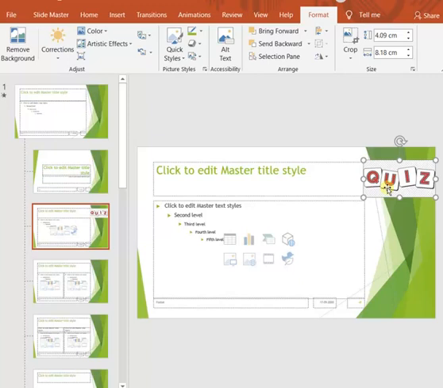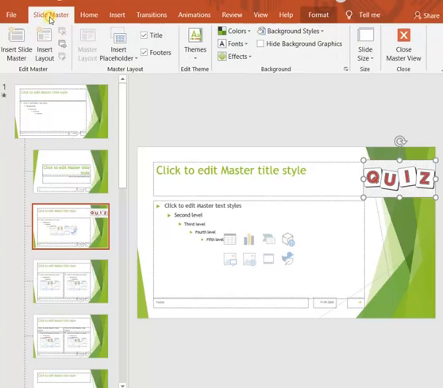As I have inserted it in this position in this layout, all the slides in my actual presentation that are using this layout will have this quiz picture in the right corner. So let me close the slide master view first.